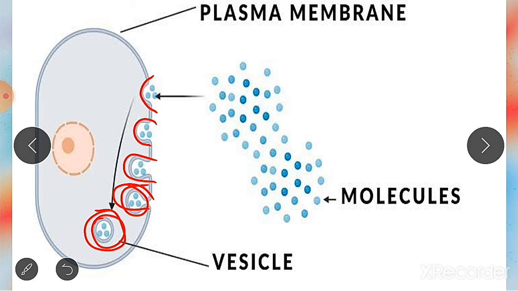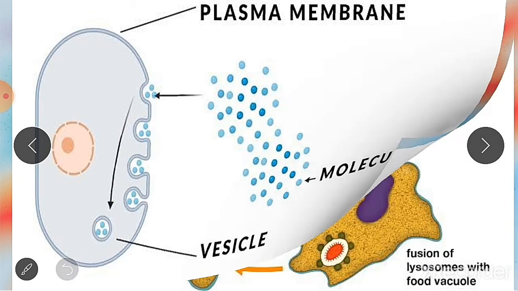For example, amoeba engulfs its food by endocytosis, just now I told you. This can include things like nutrients that support the cell or the pathogens that immune cells engulf and destroy. Pathogens means the bacteria or viruses that are there outside, in the extracellular fluid. So these are also taken up by the cell by the process of endocytosis. So endocytosis serves many purposes. Why is it important?